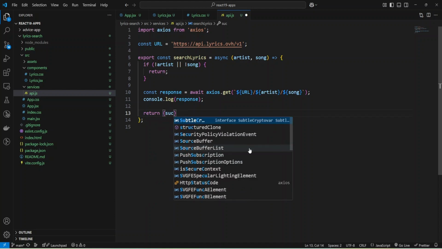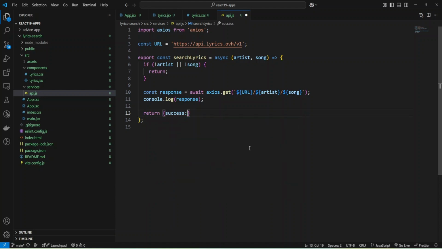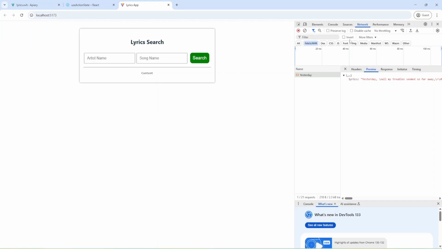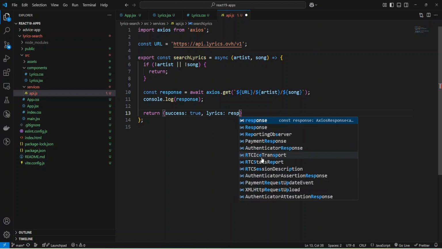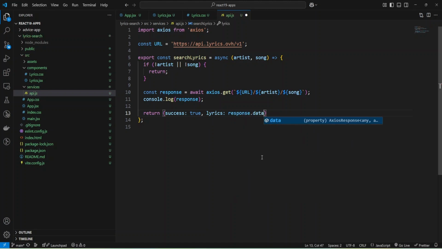Let's add success true and return some data inside, lyrics. And let's check. We have a response, and our lyrics we have inside data. And let's do it, response data, and we have lyrics.